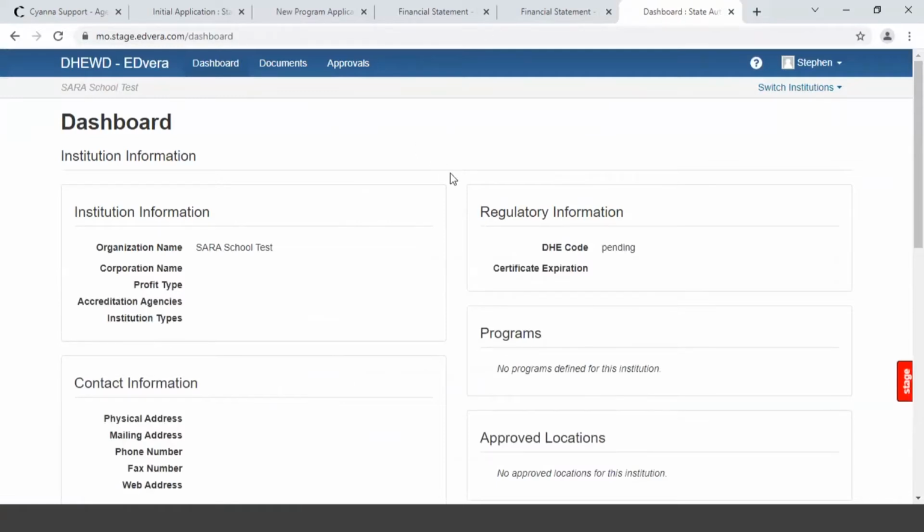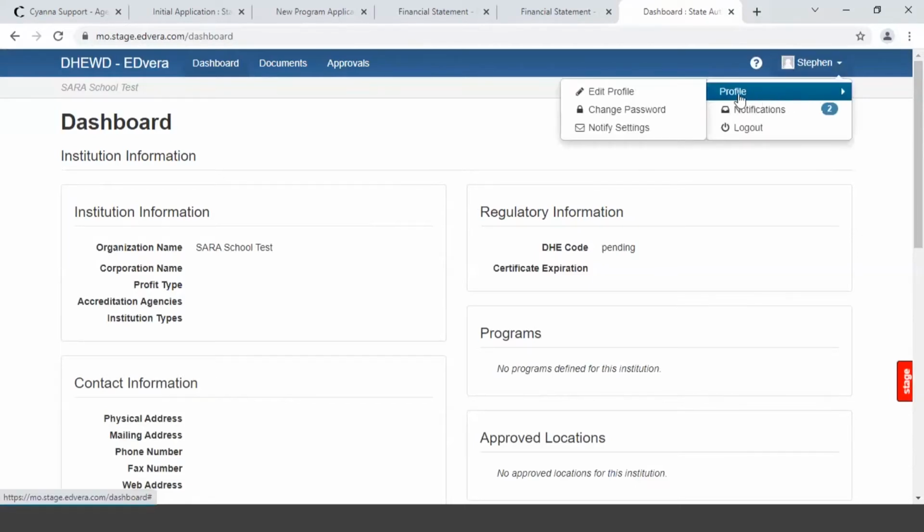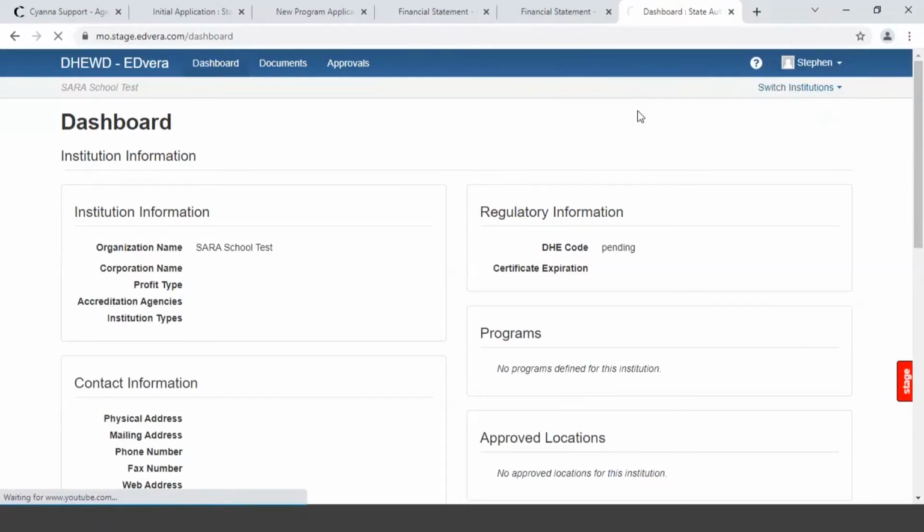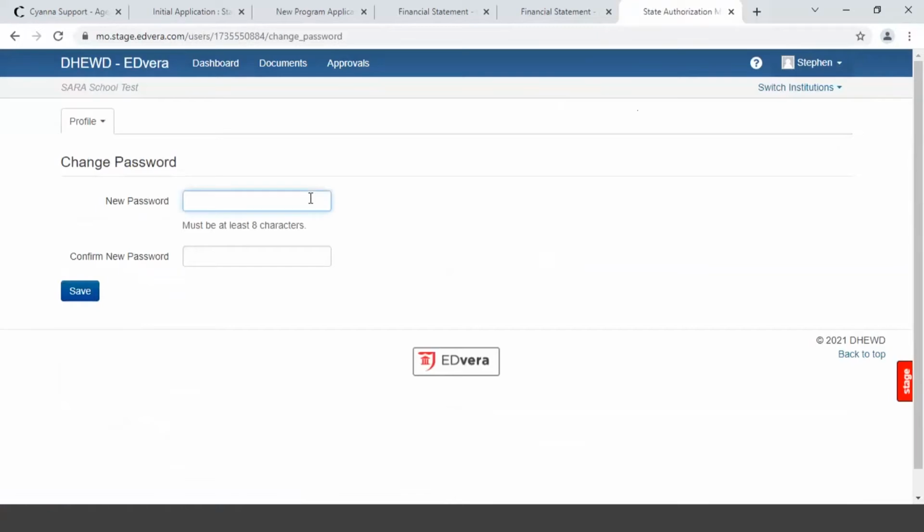Let's share as it catches up. There we go. So in the upper right hand corner, you'll see your name and a little drop down button. Stephen, can you follow along there? Upper right hand corner. There you go. Drop down and profile, and you'll see that's how you change your password. You would just click on that and you would change the password. Easy peasy. So once you do that, then you are officially your own individual.